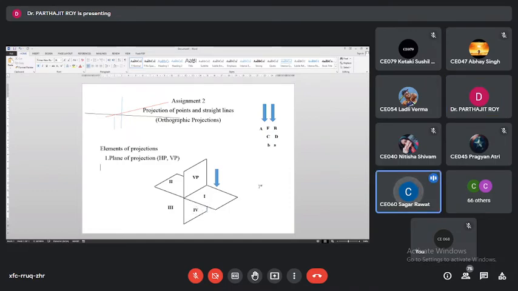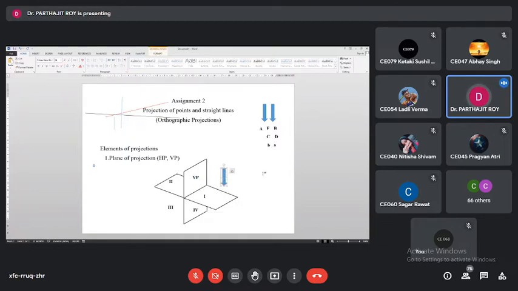Sir, below horizontal and in front of vertical. Yes, sir. So this below horizontal plane, above horizontal plane, everything you are expressing with respect to your position, isn't it? Here is your position. So you assume that always you are occupying a position in the first quadrant. Then with respect to your position, you define quadrant 2, quadrant 3 and quadrant 4, isn't it? Yes or no? Yes, sir.